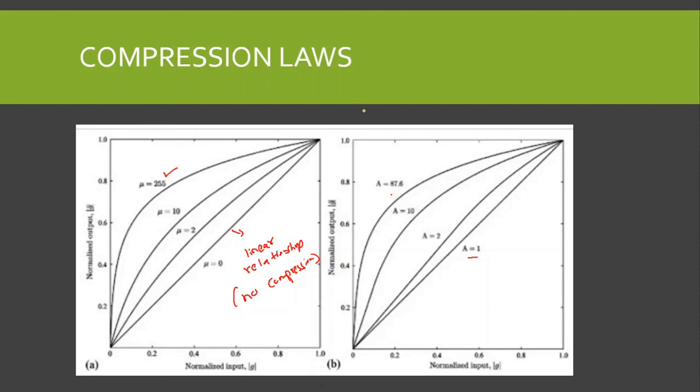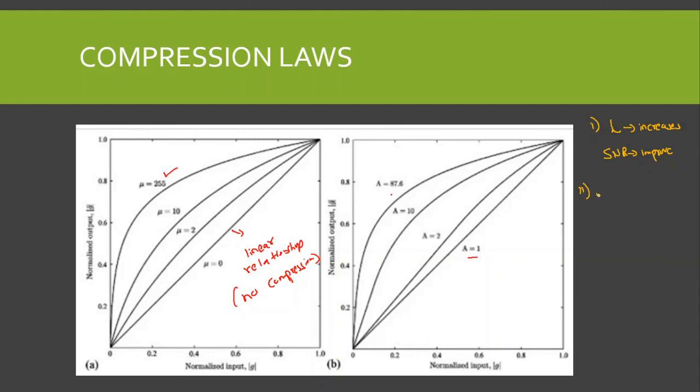Now from this discussion, I can draw two conclusions. First, as the number of quantization levels increases, that is when L increases, the quantization error is going to reduce, and as a result, the SNR is going to improve. So one way to improve SNR is to use more quantization levels, because more quantization levels are going to reduce the quantization error, and as a result, signal power to noise power is going to improve.